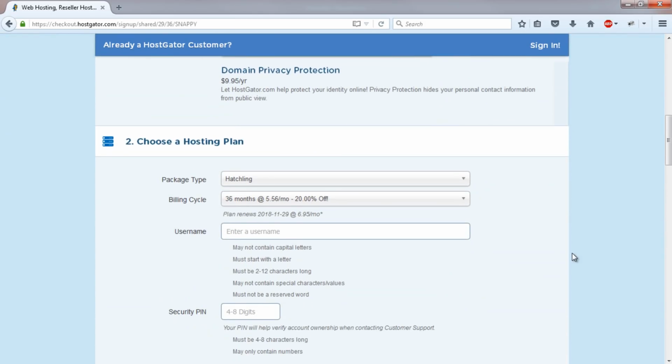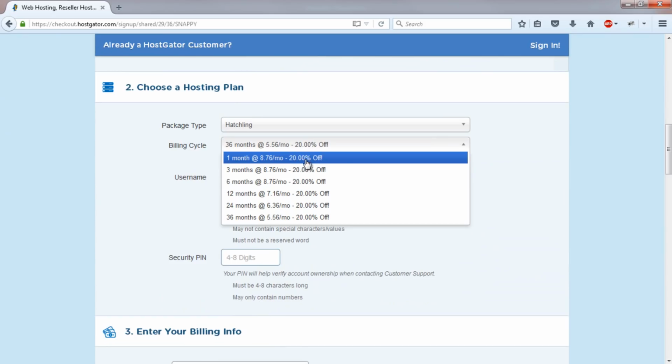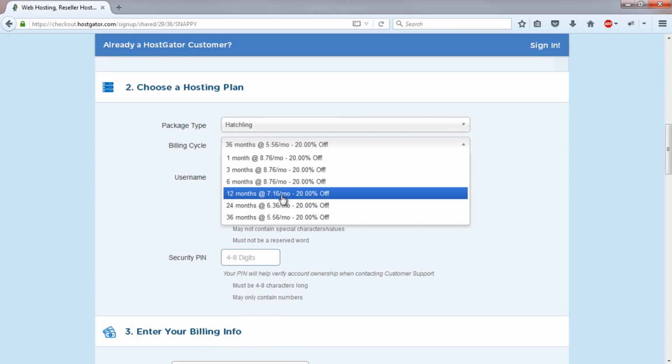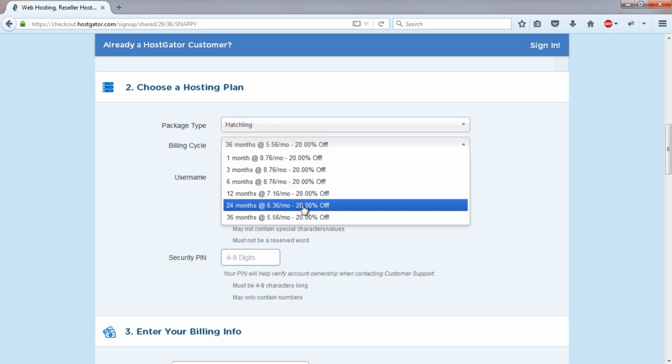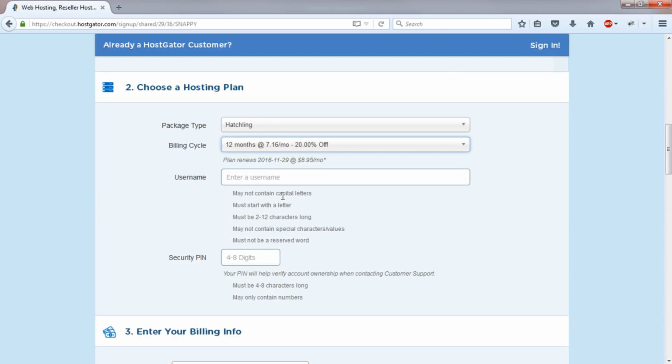Scroll down. You've got a couple of different billing cycle terms you can choose from, and you can see here there's some discount, but I'll show you how to get a better discount than the one that you get by default, so bear with me. I tend to choose either a 12 months or a 24-month billing cycle, and the longer you sign up for upfront, the cheaper it becomes per month, which is the case with most things, buying in bulk. So it's completely up to you how you want to pay. Now let's go with the 12-month.